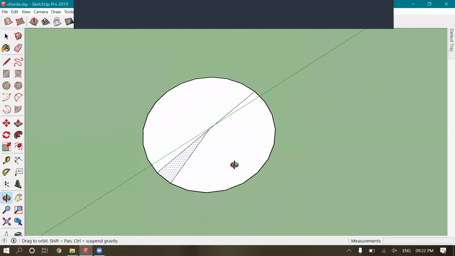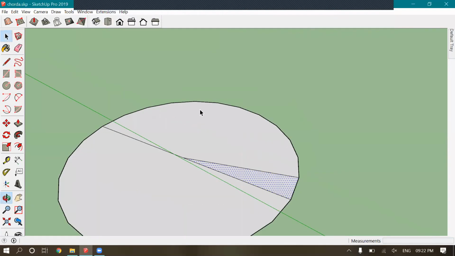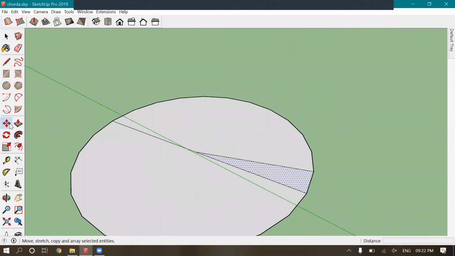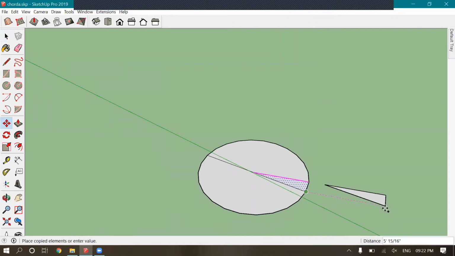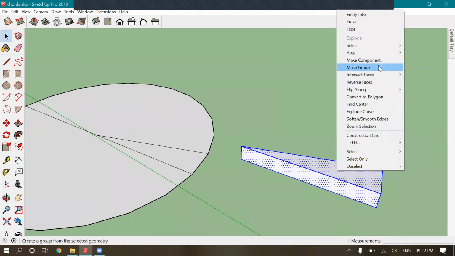Then suppose we need that one in this way. Let's just give it a height of 6 inches and make this one a component.